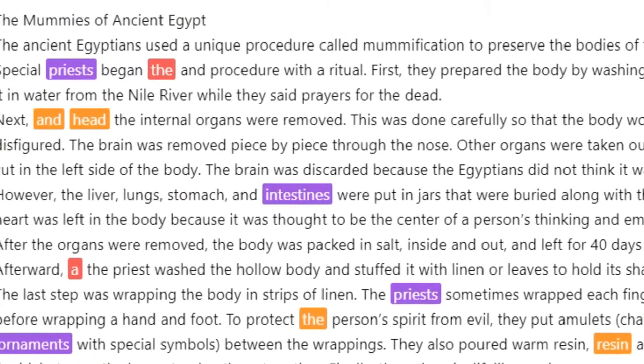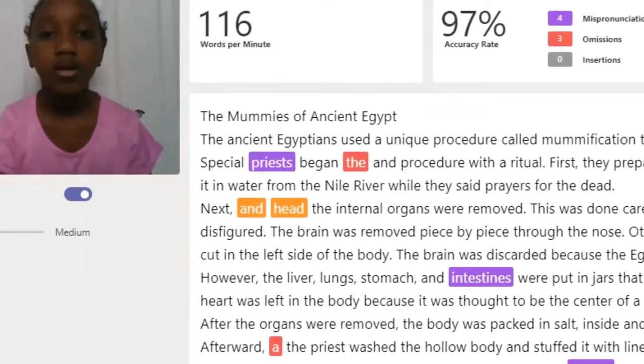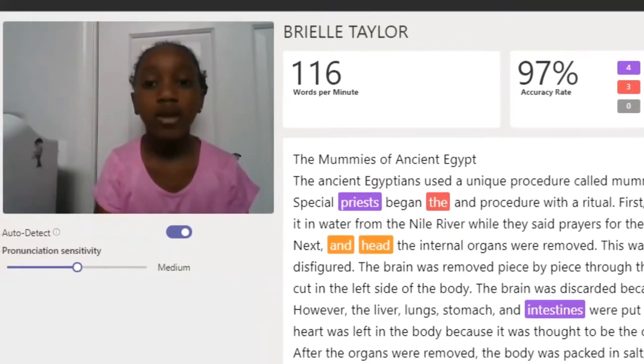I used to love reading as a child, and I wanted that for her. Now that we use the app, I'm more confident. I'm less worried about it. I get worried about a lot of things, but reading now is one of the things that I'm not worried about anymore. I want all of my students to get to the point where they know what it feels like